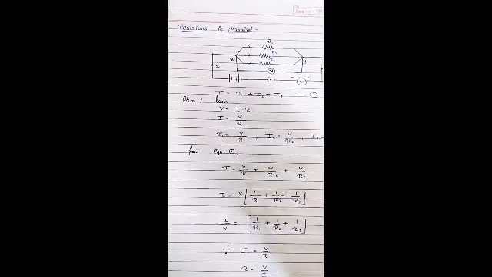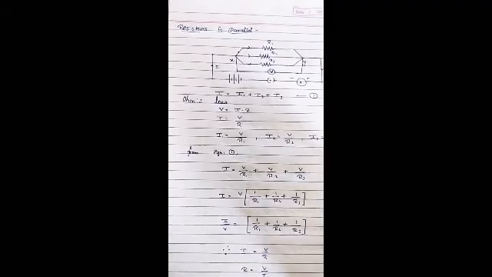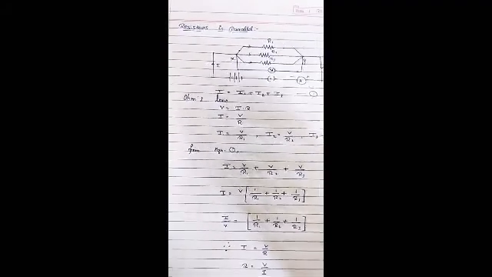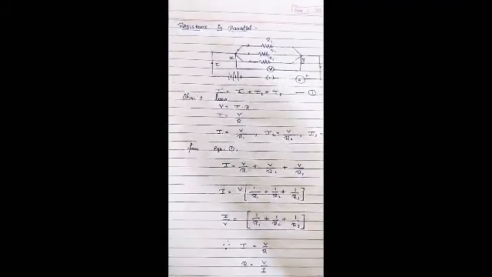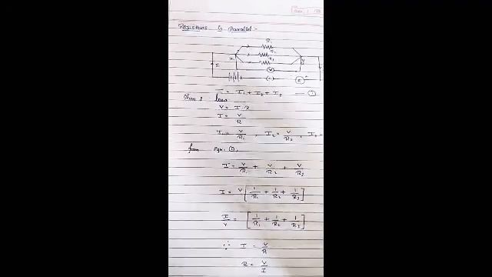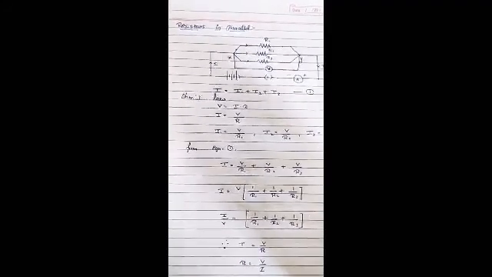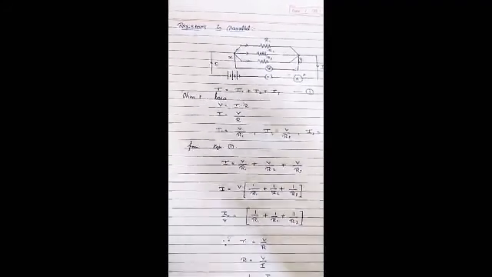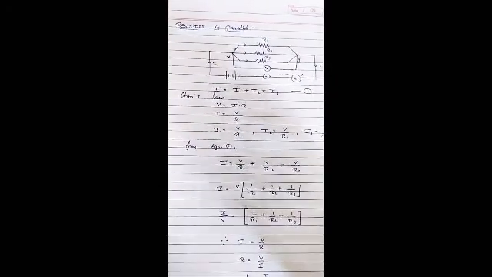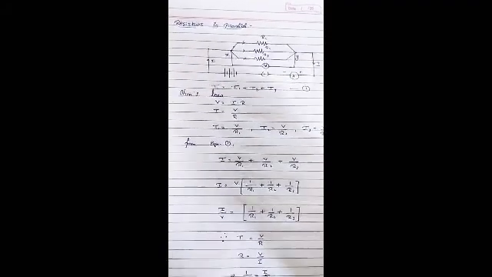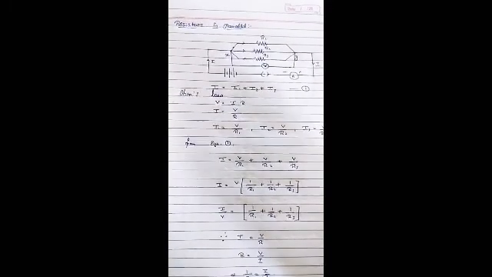I guess after watching this short video, you will understand the concept of resistors in parallel and resistors in series. Previously I explained the concept of resistors in series. In that derivation, we got one final expression for resistors in series, that is Rs is equal to R1 plus R2 plus R3. Correct. Now I am going to explain the concept of resistors in parallel.